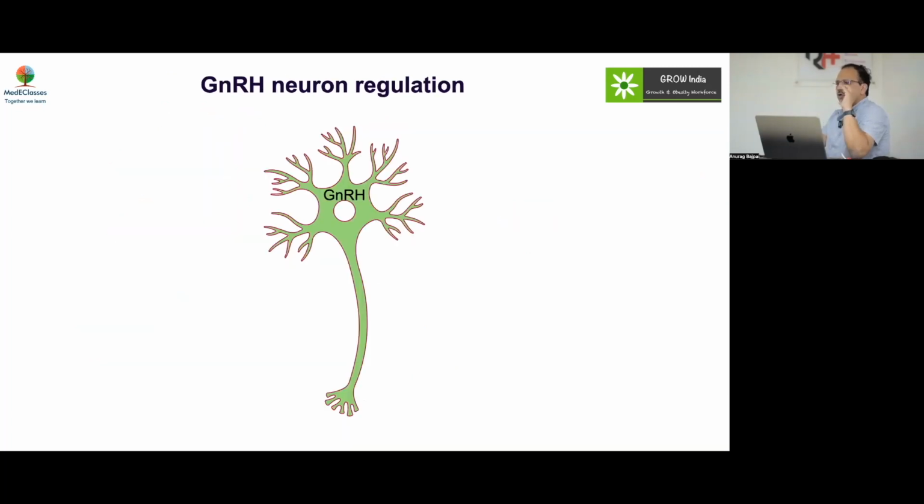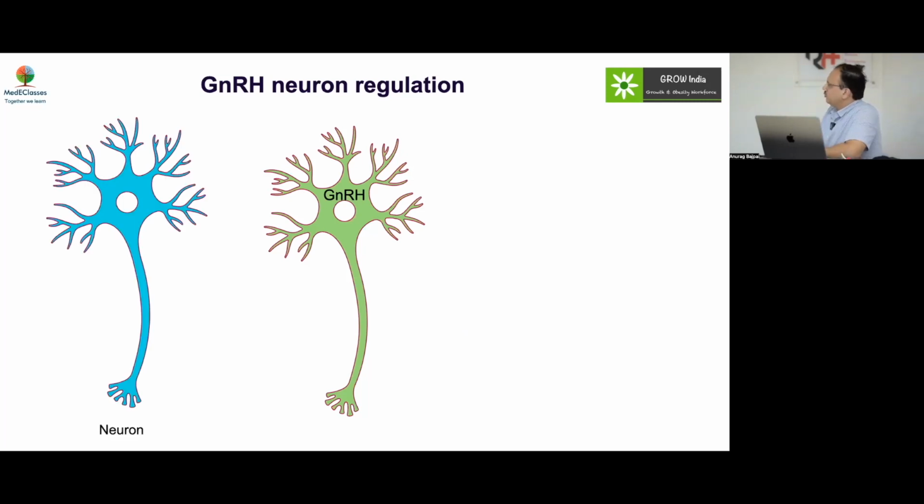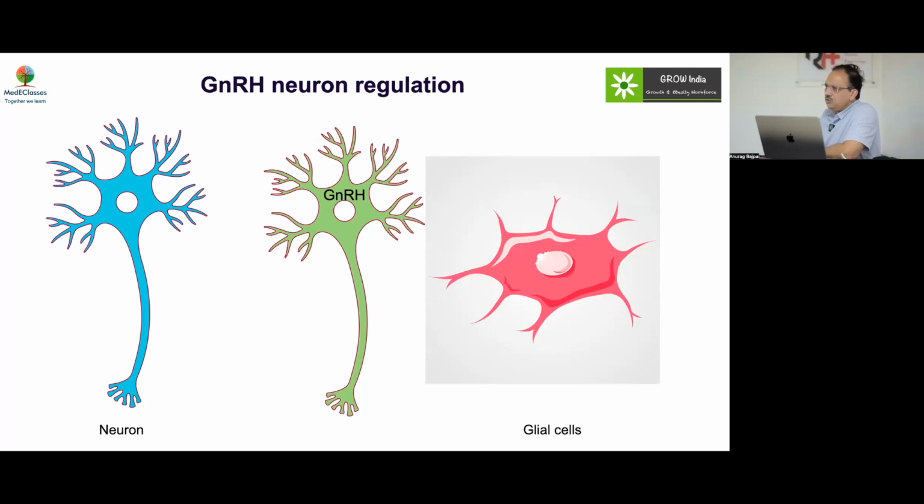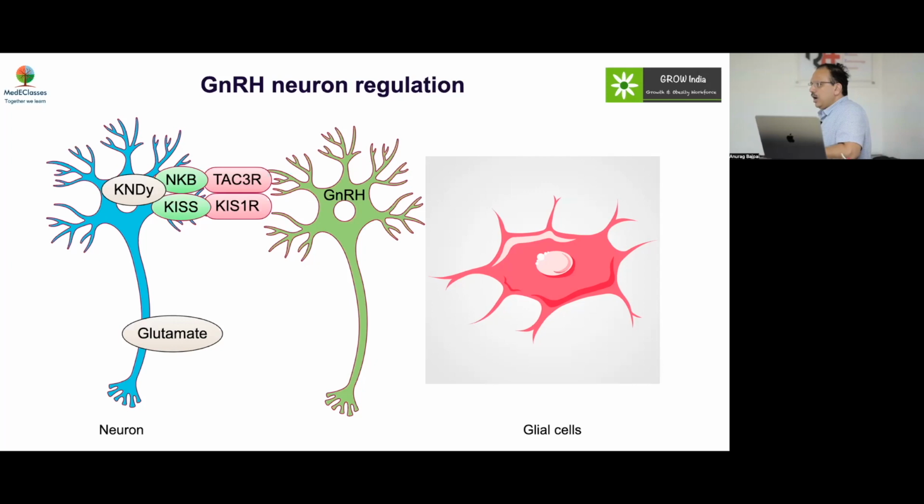So now if you look at the GnRH neuron, it is regulated via both neural as well as connective tissue factors. So you have got the KNDY neuron and the local mesenchymal environment which will control it. The KNDY, you've got the neurokinin B, the KISS1 pathway, and then of course you've got the other. So these are all the stimulatory pathways, but you've got a major inhibitory pathway because the brain doesn't want a